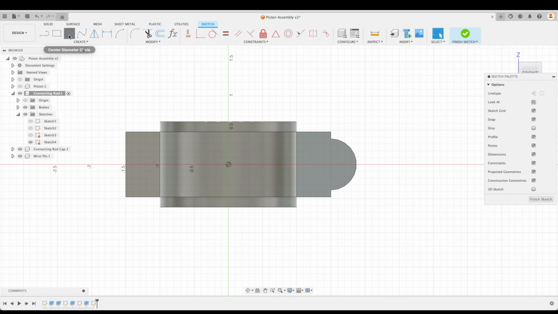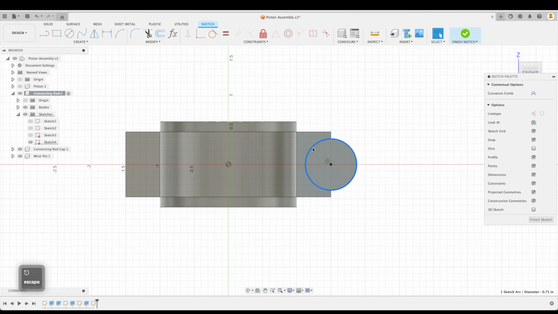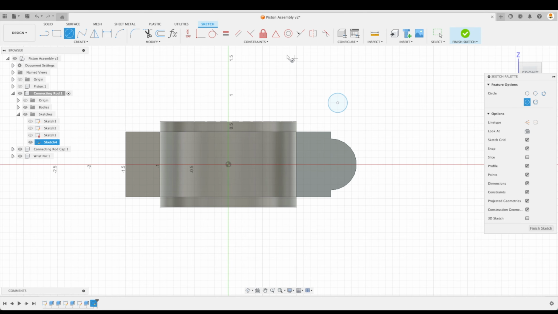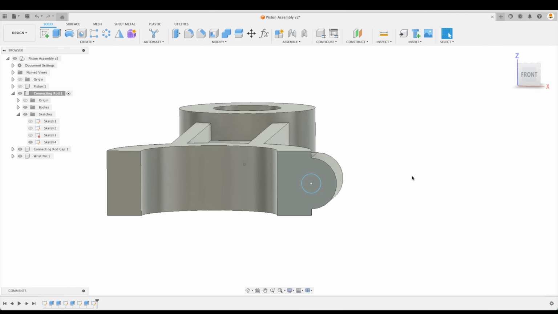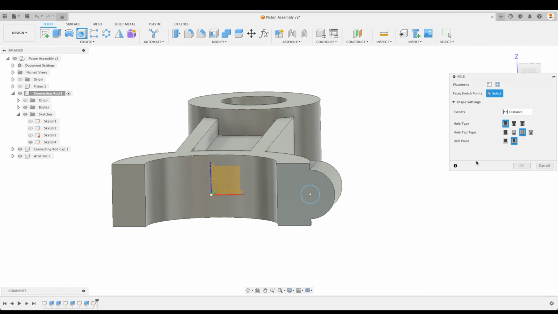And then we should be able to create a center point for our circle right there. And you can see a concentric constraint shows up. We could just delete that as well. We could create another circle of any size and then use our concentric constraint in order to make it concentric with that circle right there. It really doesn't matter the size of the hole, because at this point we're going to create our tapped hole,